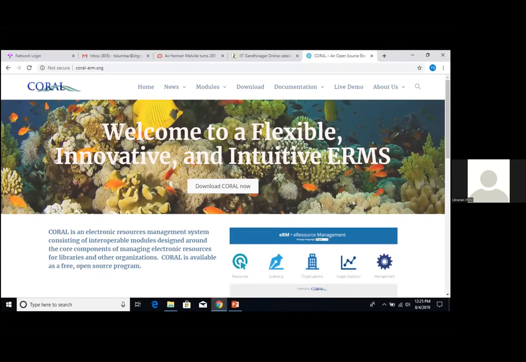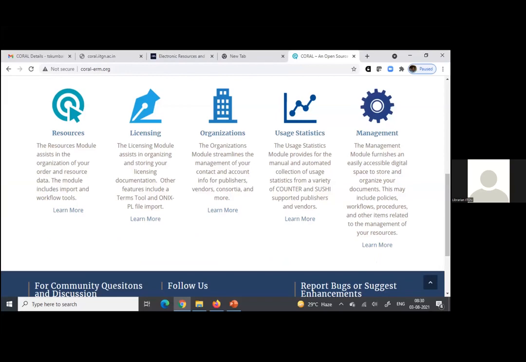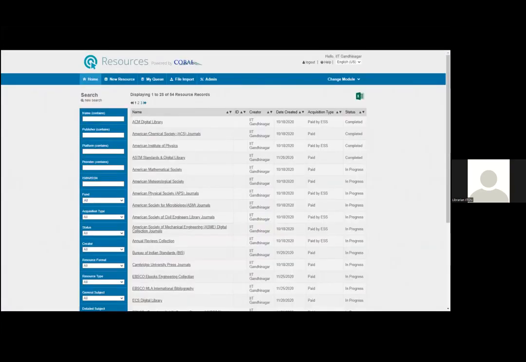Coral, as you know, offers 5 modules: resources, licensing, organization, usage statistics, and management. What we did was we tried to use the first 3 modules.